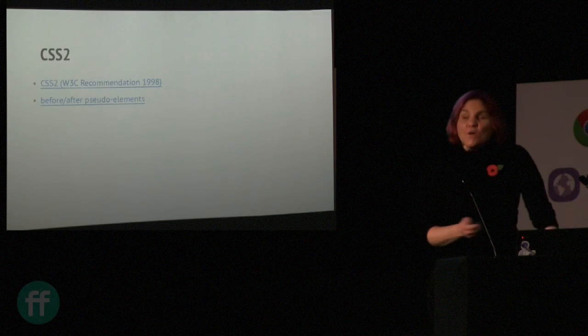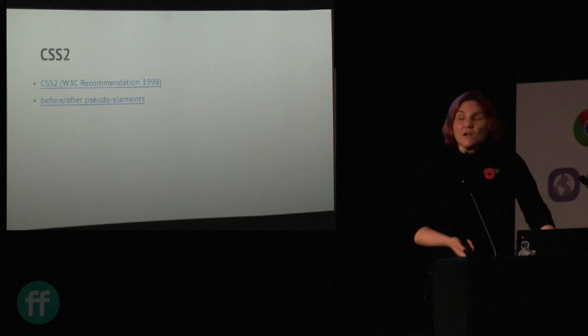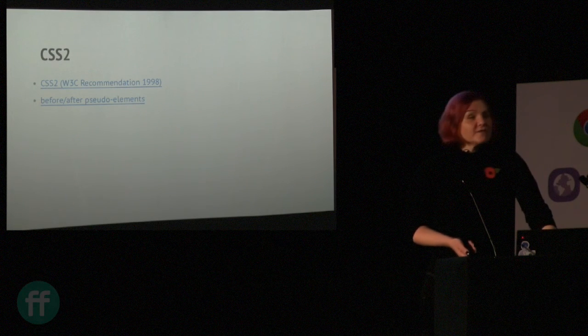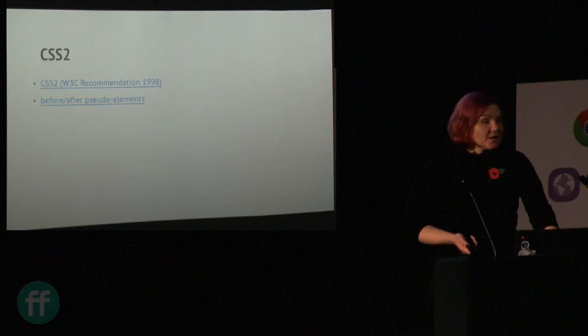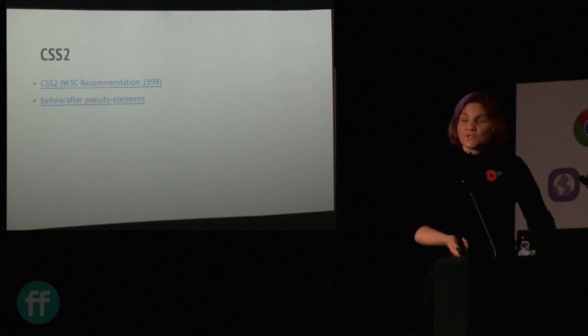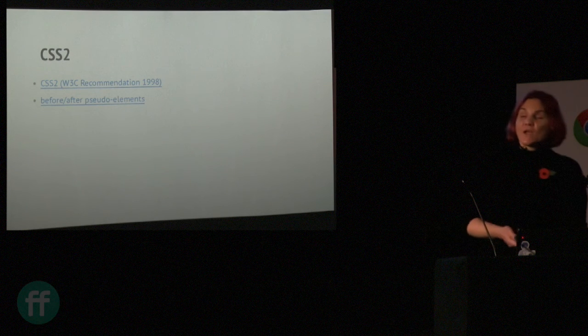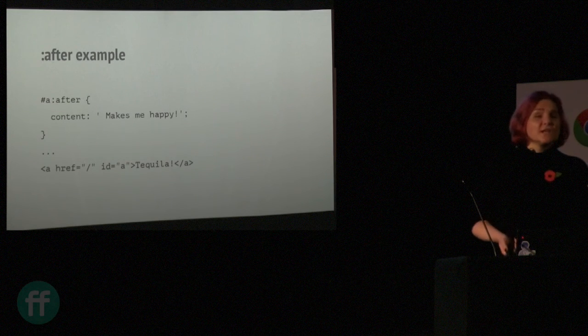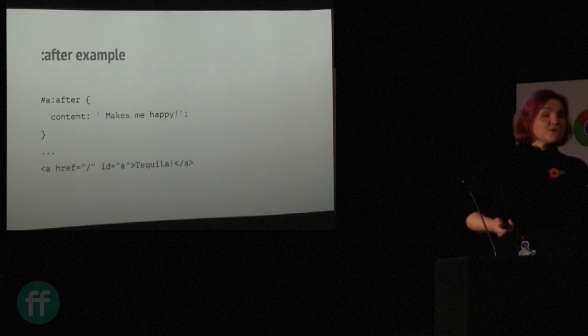So more upgraded, what happens now? CSS 2.1 actually came along a couple of years later, and it introduced a lot more interesting bits and pieces. The one I want to look at most of all is the before and after pseudo-selectors, because they let us do some pretty useful and interesting things. Despite being one of the older selectors out there, it's still really commonly used. So if we take a really simple example, just a link that has its accessible name, its link text,